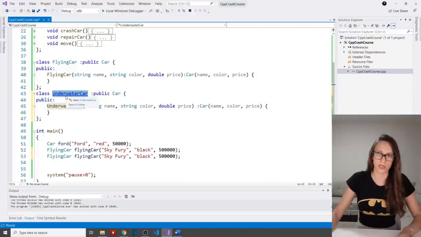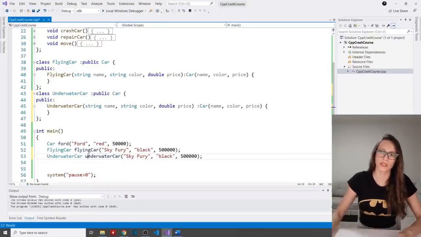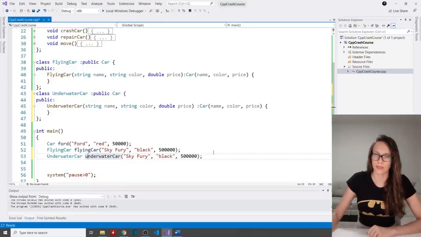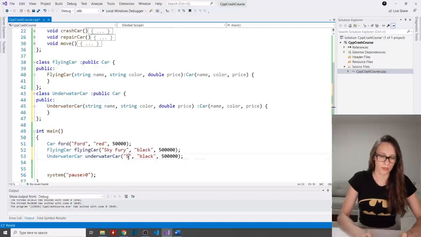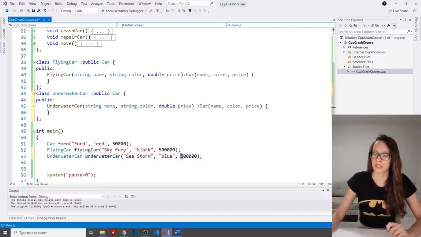So I'm going to copy this and paste it here, and say that it is going to be called underwater car, like this, and the name should be, let's say, Sea Storm, and the color should be blue, and then let's make it 600,000, for example.